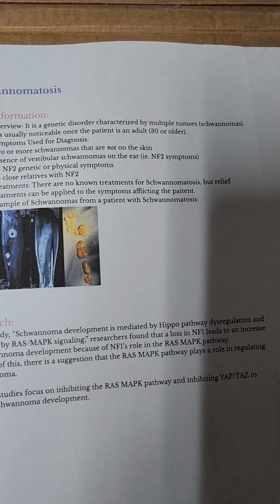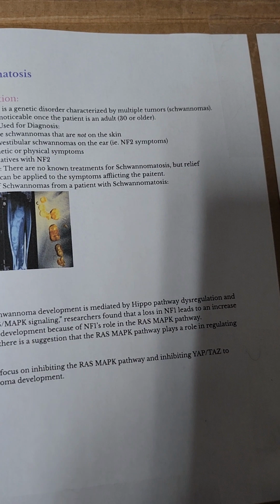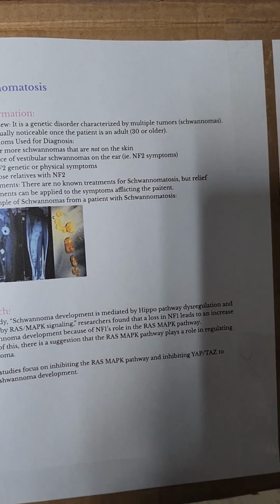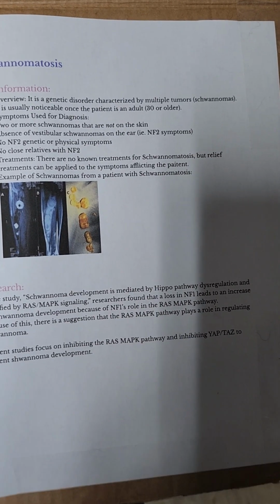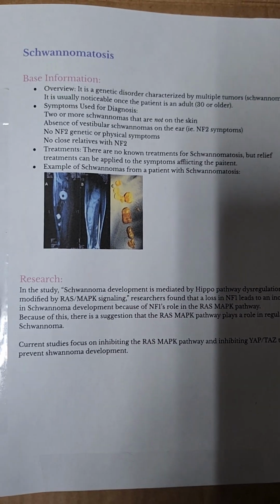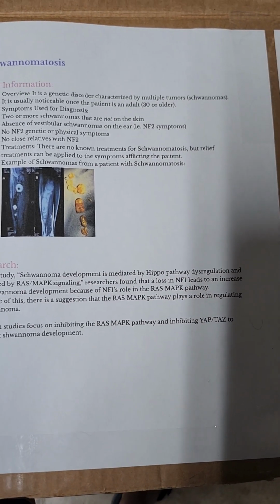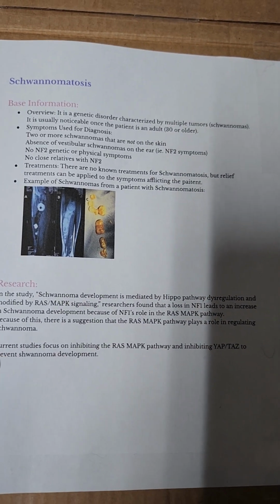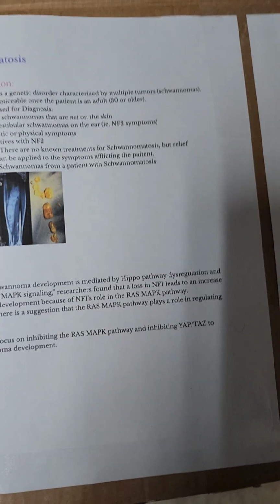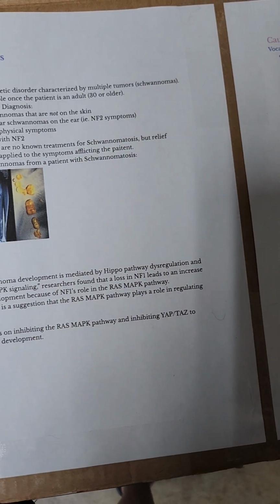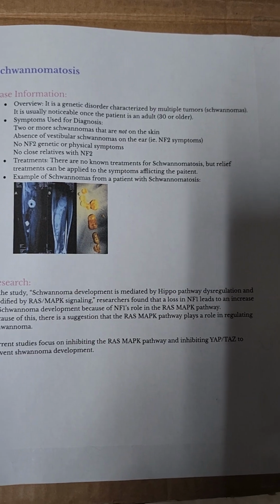Schwannomatosis is more just tumors on nerves, but they're not in or on your skin, and they're not on your ear, like where you would find them in NF2. I put the research over here because the other 2 pages were completely taken up. But like it says here, it's also really hard to target this pathway, but there has been